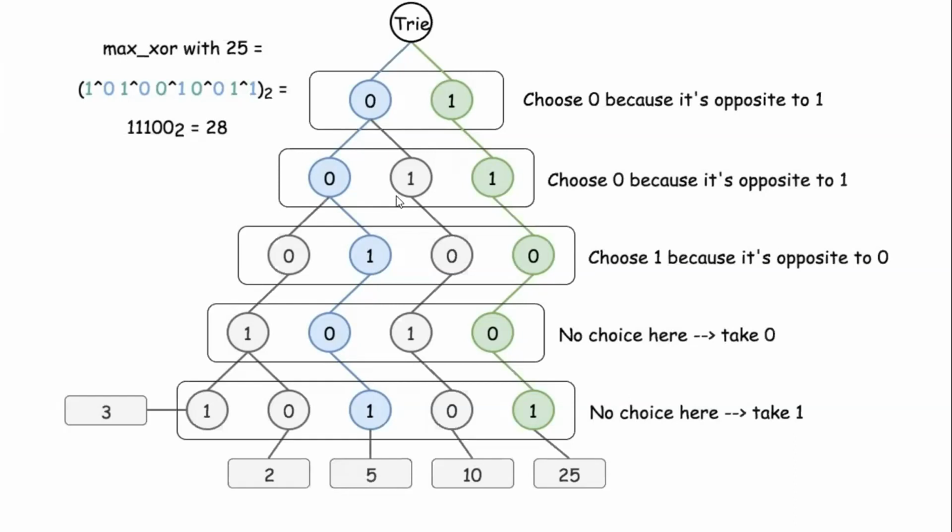Suppose 0 also has 0, 1 children, and the parent 1 also has 0, 1 both. Now I can take left side 0 and right side 1, or left side 1 and right side 0, right? Both will give me the maximum XOR. So that is correct. But we need to consider this value, which is 0, and in the previous level, you have already taken 1. If I have taken 1 on the opposite side, then you will be traversing in this direction.